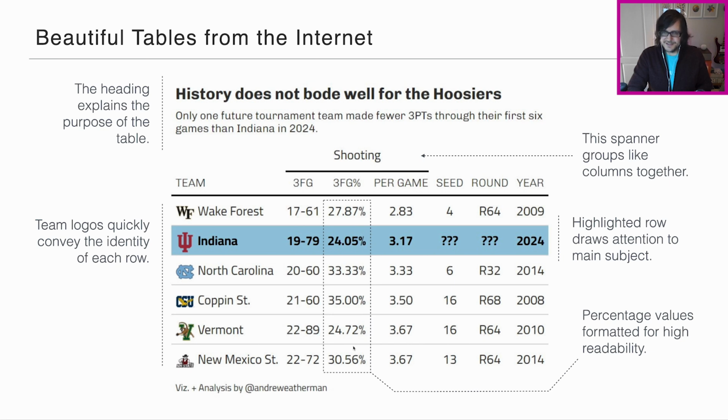And the really cool thing is that this row here, the second row, is highlighted, and it essentially draws attention to the main subject of the table. I won't get into what it is, but it's a key part of a data visualization. It gives you the focus and it drives you to the insight pretty fast.